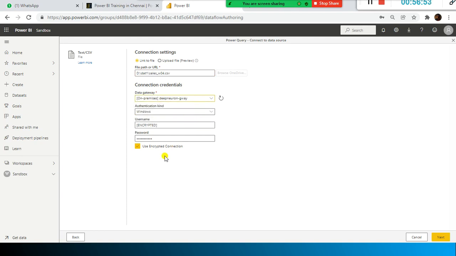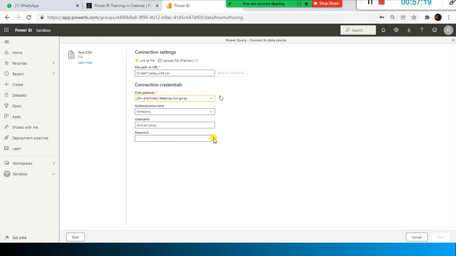Okay, and the next one is I'm going to say Windows gateway. If I don't select anything for the gateway, look here, the next button at the right bottom is not enabled. So you need to select the gateway, because, as you remember from the last session, that is the one that will help you securely migrate your data from your on-premises to your cloud. In my case, the on-premises is my laptop.